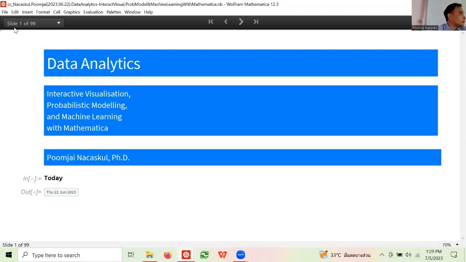What is the synonym between recipe and algorithm? Almost exactly the same thing. If you think about it, this is a very good analogy. There's a generic recipe, and there's also a special recipe.